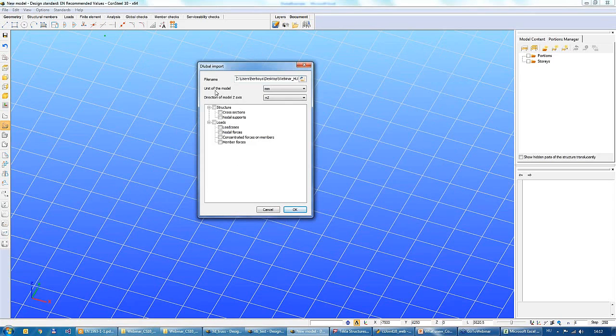We opened it. Now we have to set the unit of the model, which can be millimeter, centimeter, or meters. This is basically the dimension that we used in the other software, Global or SAP. Right now I'm going to choose the meter, and also we have to set the direction of the model z-axis that we used in Global or SAP. I used the -z